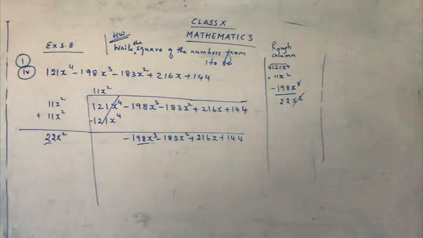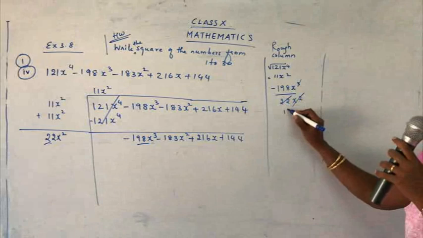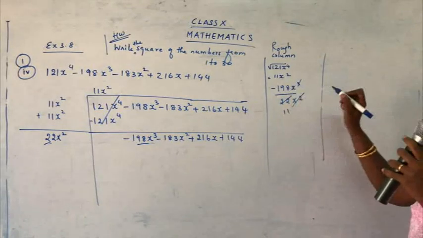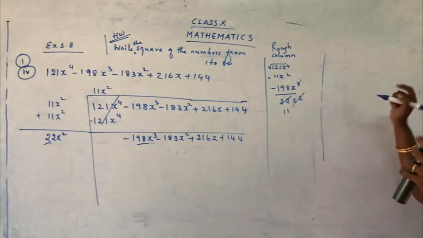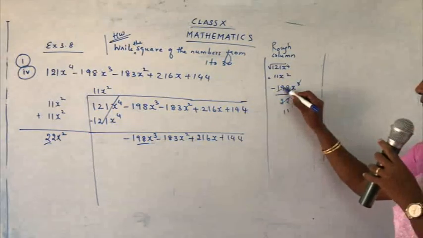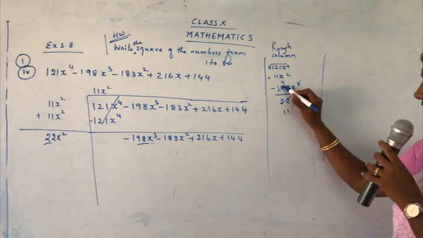I'll divide by 2. So if I divide by 2, what do I get here? Let's try to divide directly. You are not a small student, so do the division part here and find the answer. Have a habit of doing the division directly. So what do you get here? 2 9s are 18. Here 19 is there, yes, children.